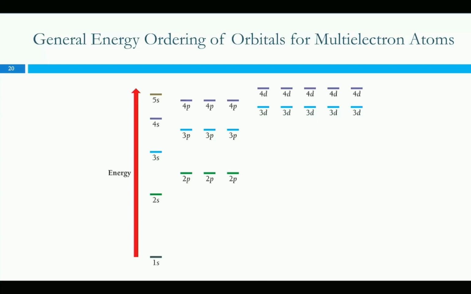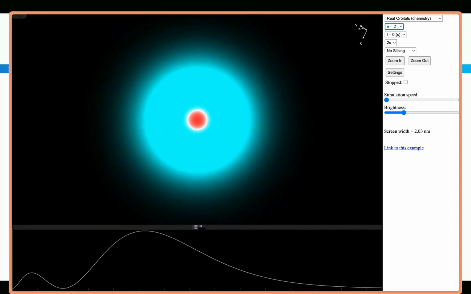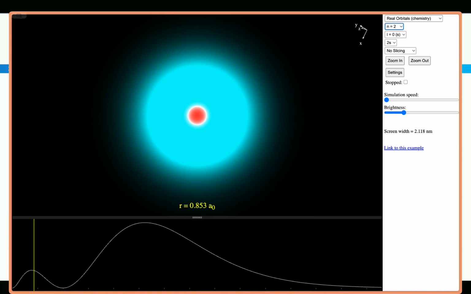This might be counterintuitive because if you've learned these already, you're just like, oh yeah, these are supposed to be different. But really, these two are at about the same distance from the nucleus, which I think was something we saw in the simulation. Okay, so let's do this. If I bring this up, that's for the 2s. So why is the 2s lower in energy than the 2p? Well, if you look at this radial distribution,